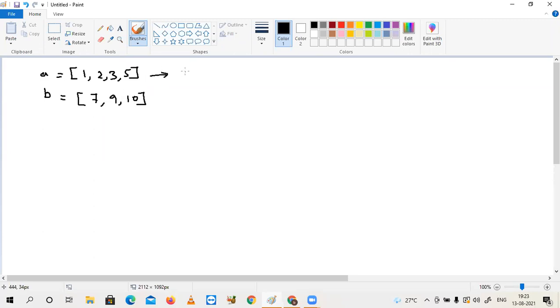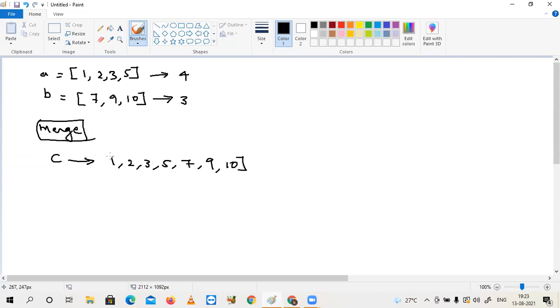Here I have 4 values, and here I have 3 values. Now I want to merge these two things. Totally in C, I am expecting 1, 2, 3, 5, and then 7, 9, and 10. These values I am expecting. Right, 2 different list objects I want to merge.